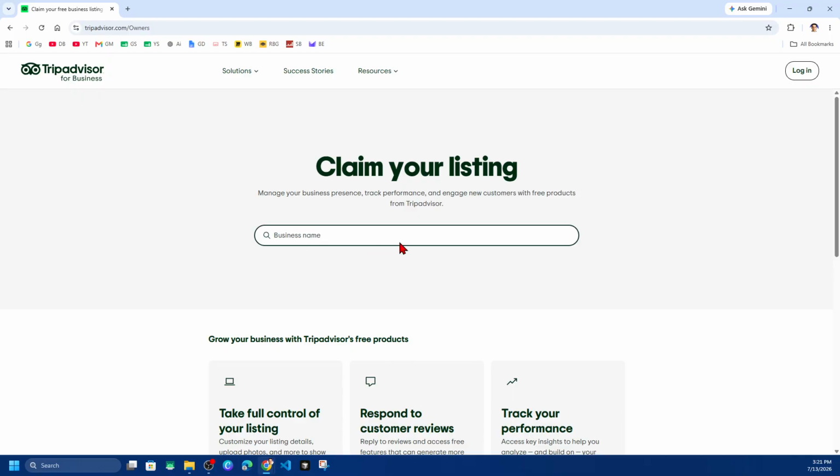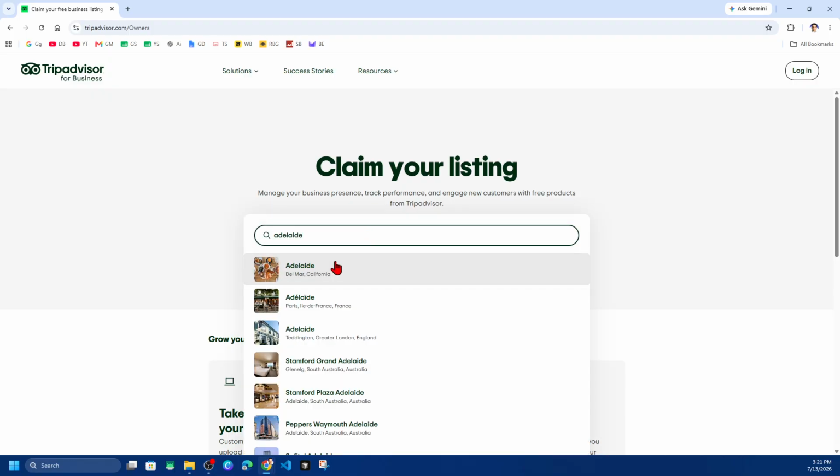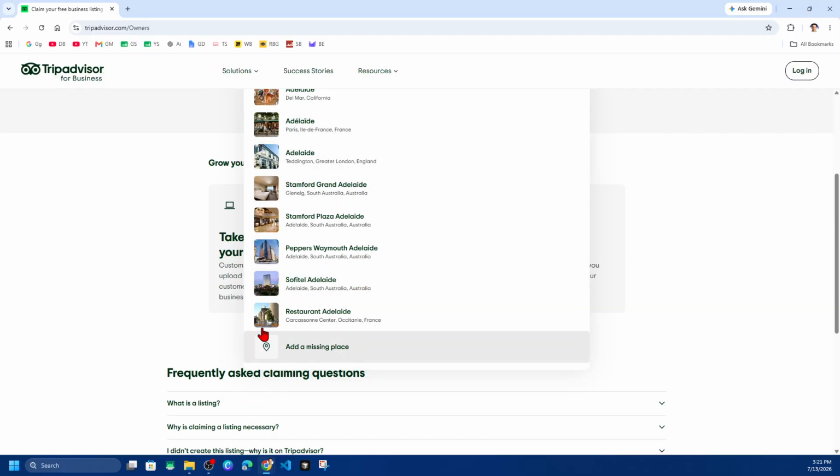So where it says business name, you can go ahead and put in your business name, city or location, then click search. If your business appears, click claim your business. If it doesn't appear, choose the option to add a new business listing. So I'm just going to go ahead and do a search here. As you can see here, if my business doesn't appear, we want to go ahead and click on add